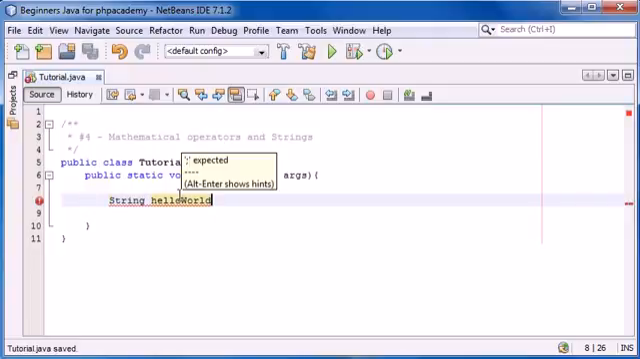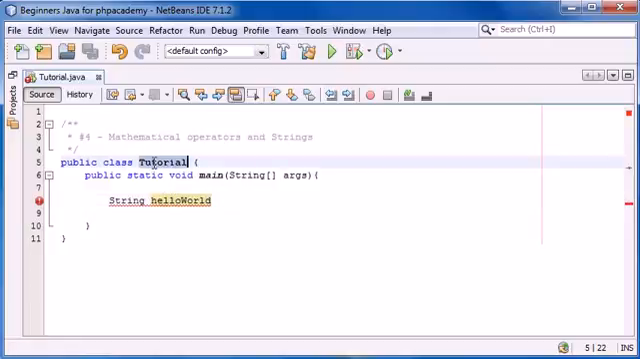And now would be a good time to teach you about variable naming conventions. I told you about class naming conventions, you should always start with a capital letter. When you name variables and methods, you should always start with a lowercase, and then any following words start with an uppercase. This is called camel casing. So enough about that. We'll declare our string called helloWorld, and then I'm going to set it equal to